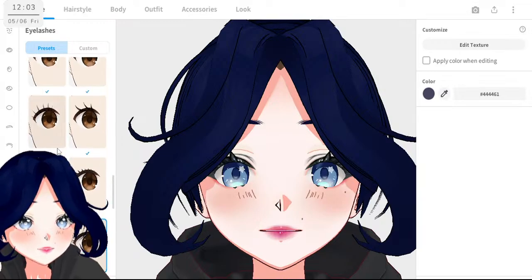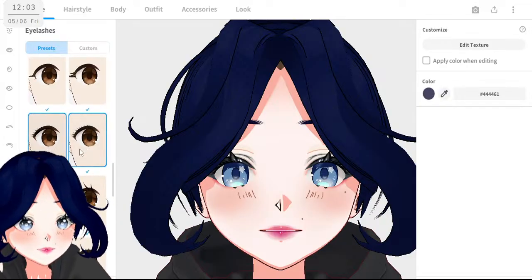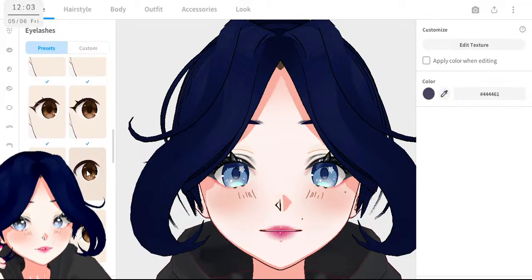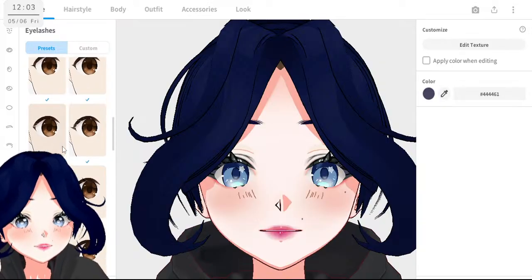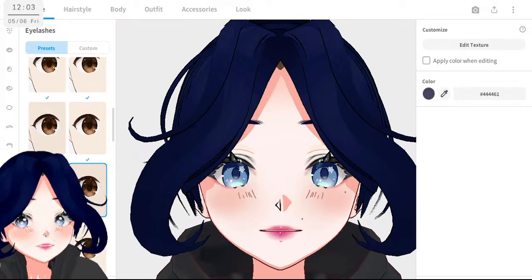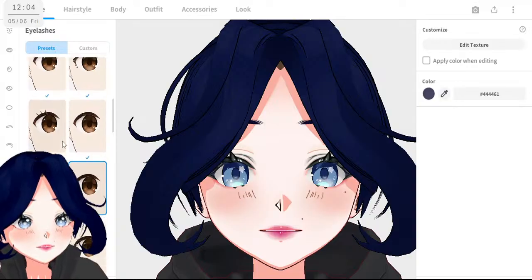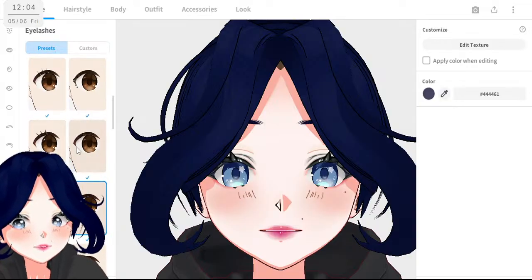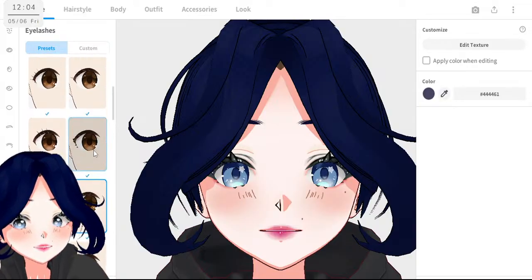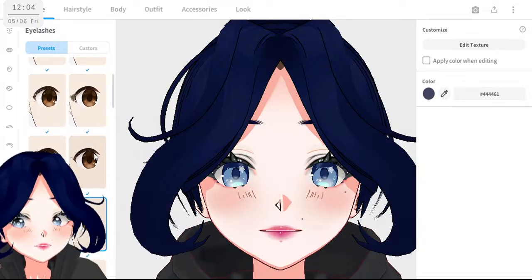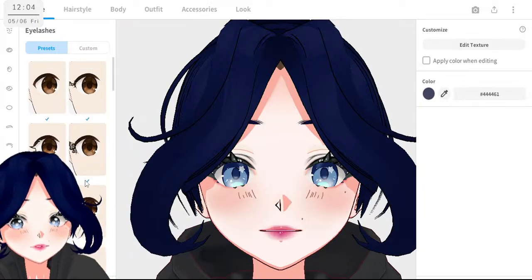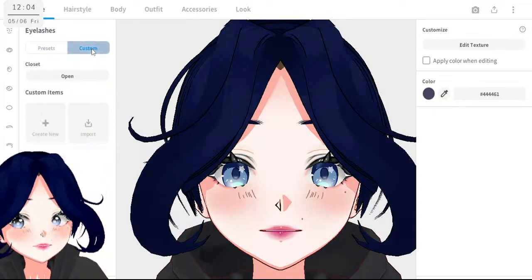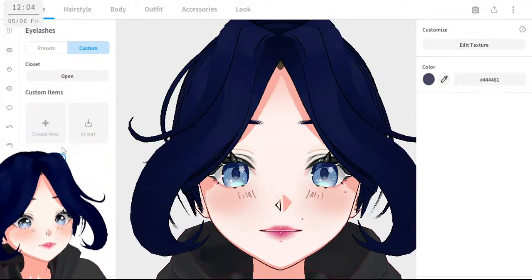Here. I honestly don't really like the presets here. But that one looks cute. What I had were these ones.